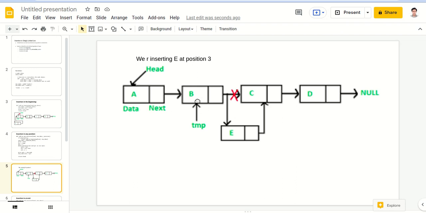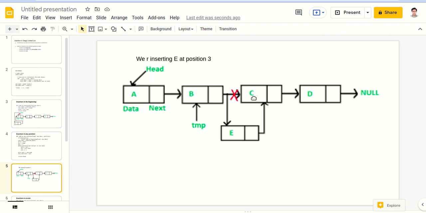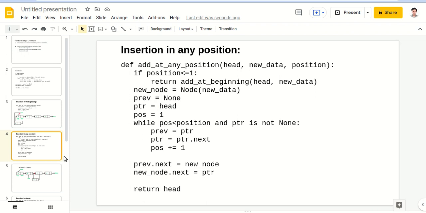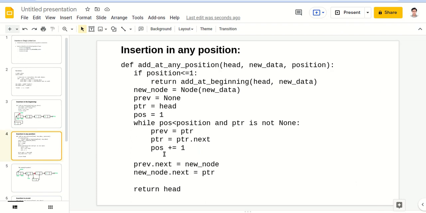Now if it is still less than 3, again it will enter the loop, and next time ptr value becomes C. ptr reaches the address of C, and prev reaches B, and pos becomes 3.